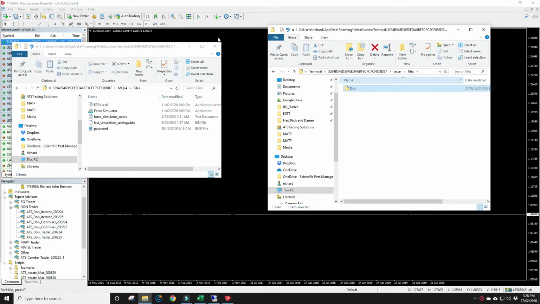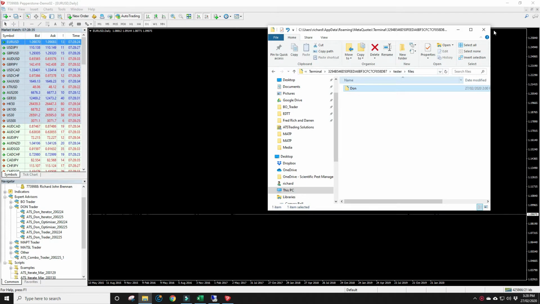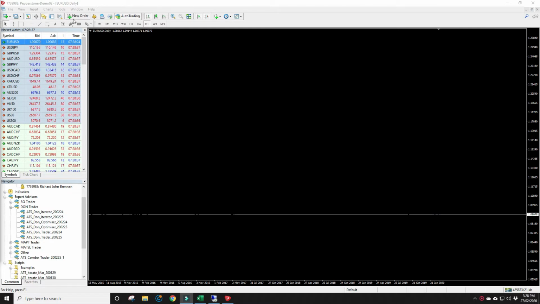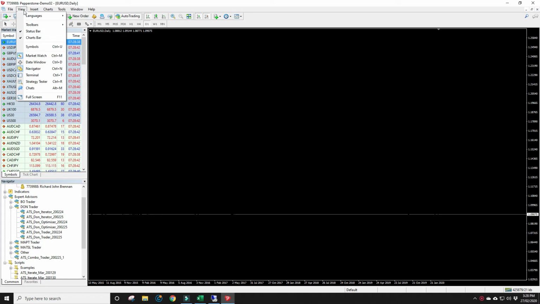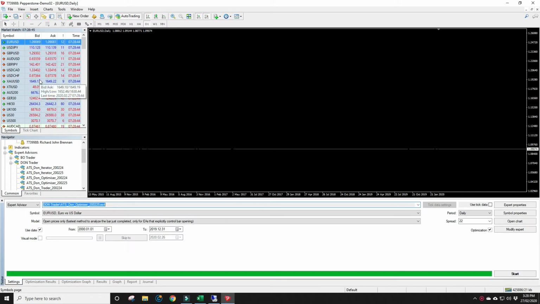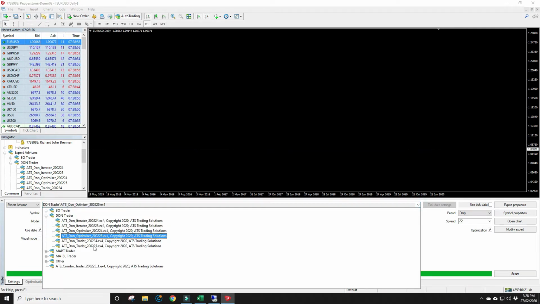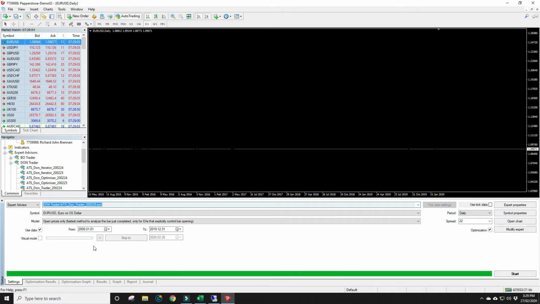Now that that's occurred, we can close down these files here, and now we need to move back to the strategy tester module. So select View, Strategy Tester. Now we want to use the third EA, which is provided in your download series, called the Trader. So the ATS DON Trader 200225. We select that as the algorithm that we wish to trade,